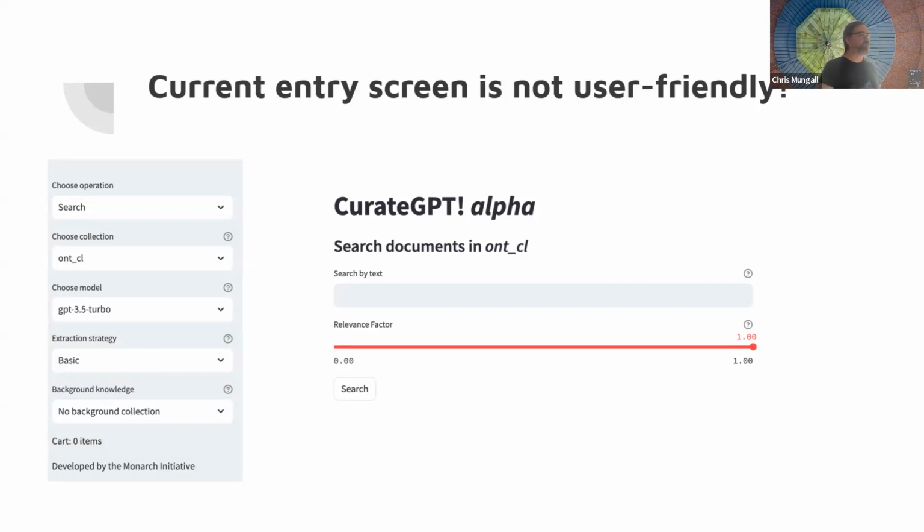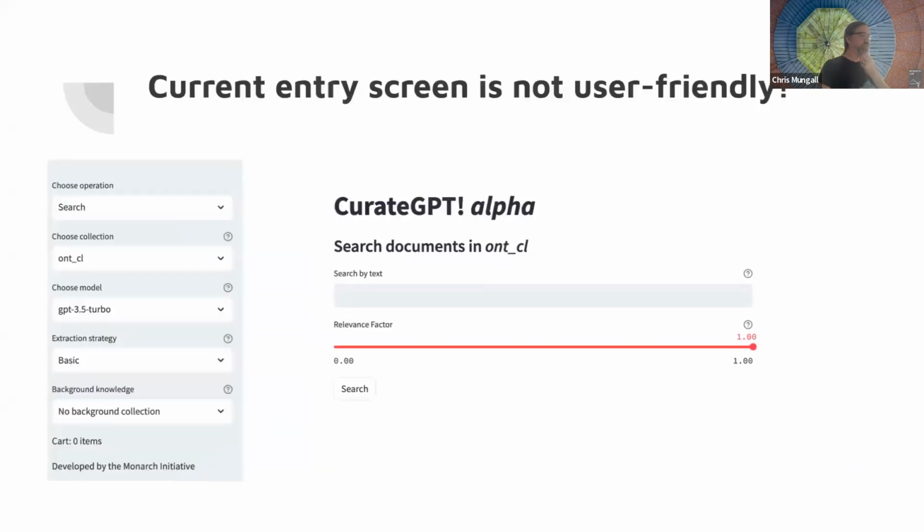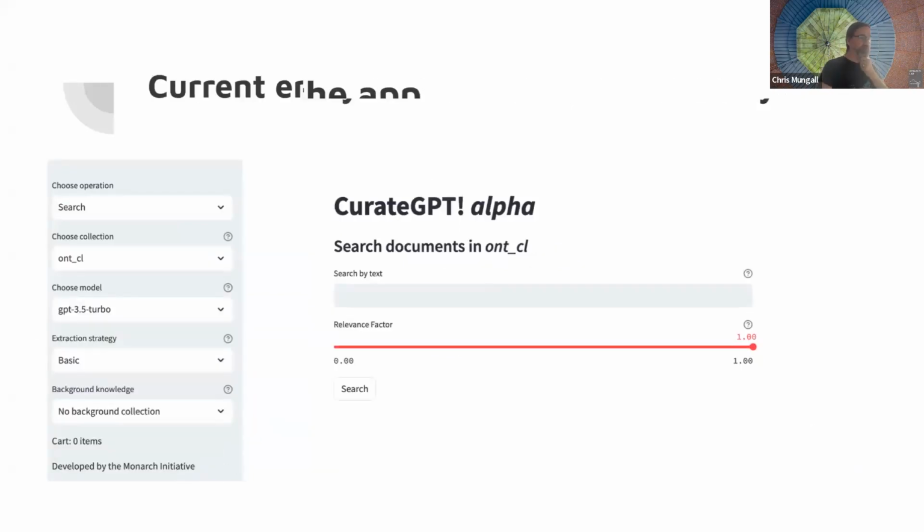But let me walk you through the basic navigation metaphors that we have here. So this is what you see on starting up. Basically, the screen is split into a navigation bar and a main screen. The first thing in the navigation bar is the ability to select which operation that you want to do. You can also select which of the collections that you have,